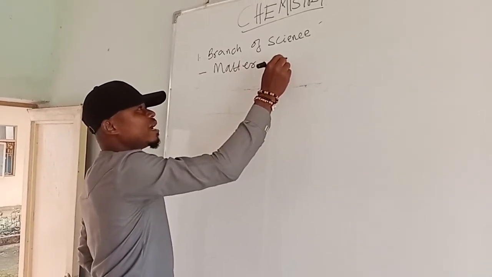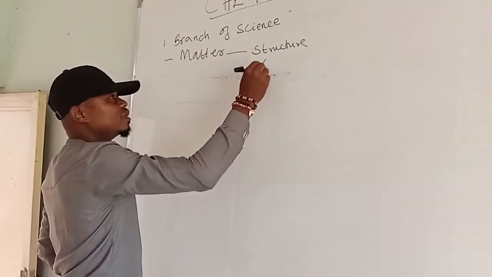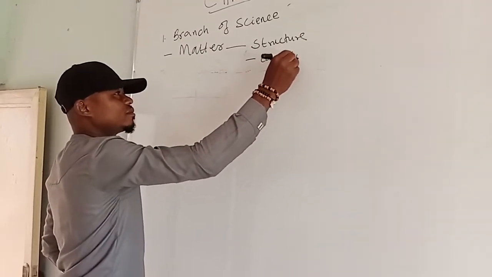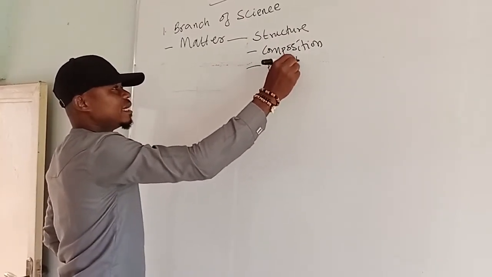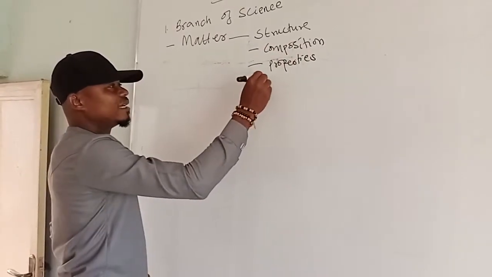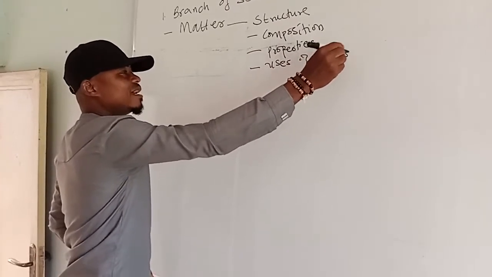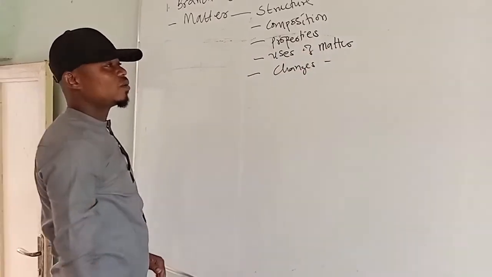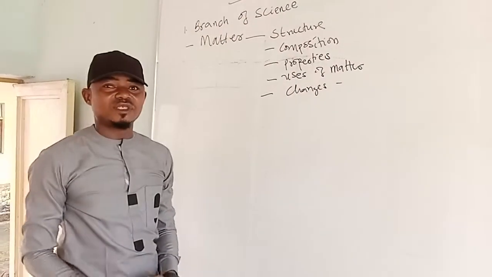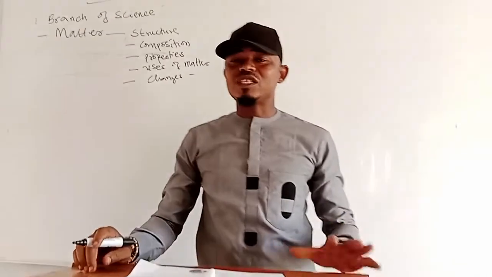Now, in the study of matter, it deals with the structure, the composition, the properties of matter, the uses of matter, and the changes matter undergoes. This is what the concept of chemistry is all about. So in our study of this course, from the very scratch to the end, this is all what chemistry is